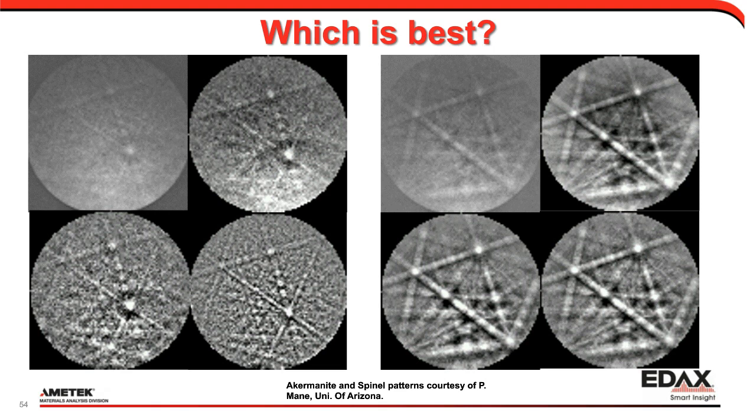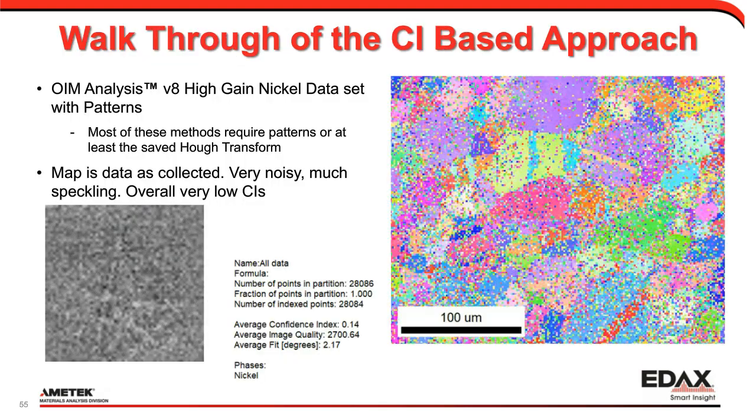Now, I can also do this based on what I call the CI approach. If you have OIM Analysis, the data set I'm playing with here is what I call the high gain nickel data set, so you can basically play with this and do this by yourself. And again, I'm just going to restate this because it can never be said too much: most of these methods require patterns, so you really want to make sure you're saving the patterns with this. So this is a data set